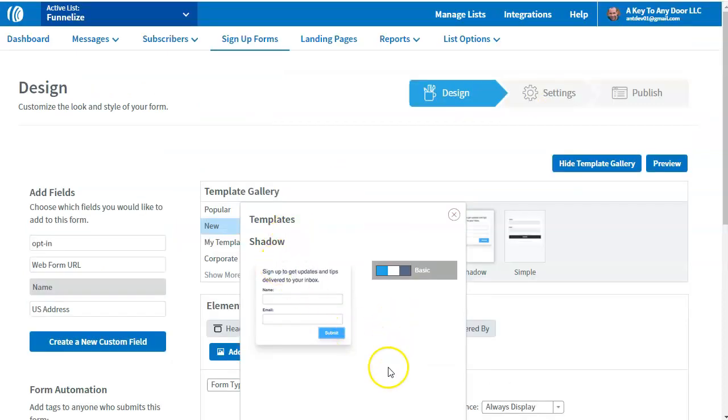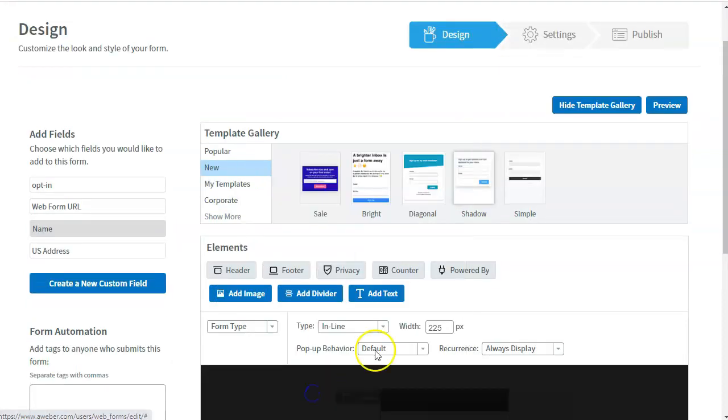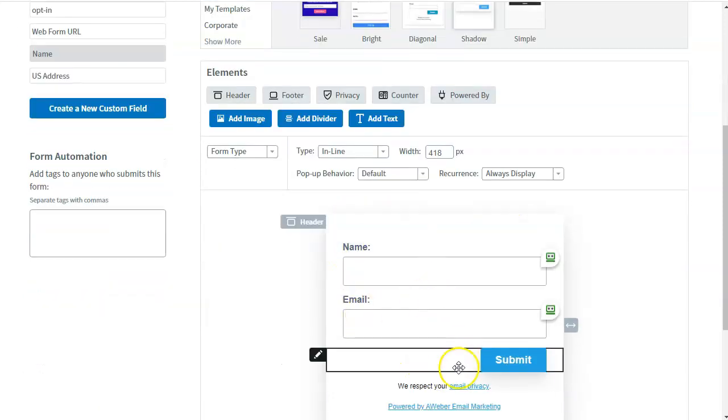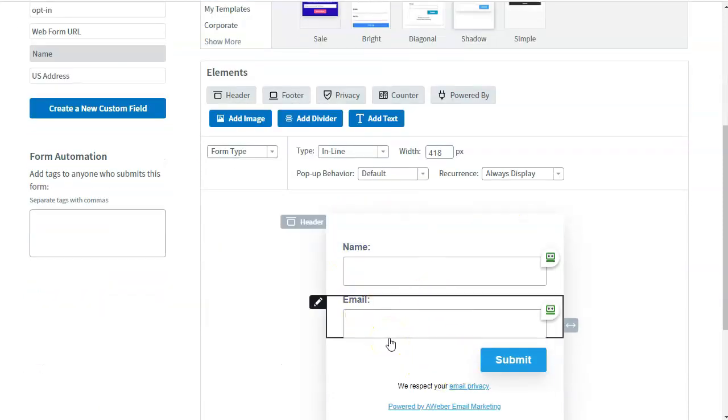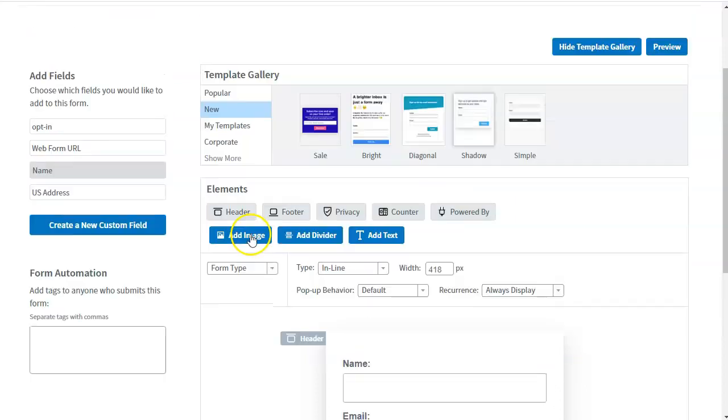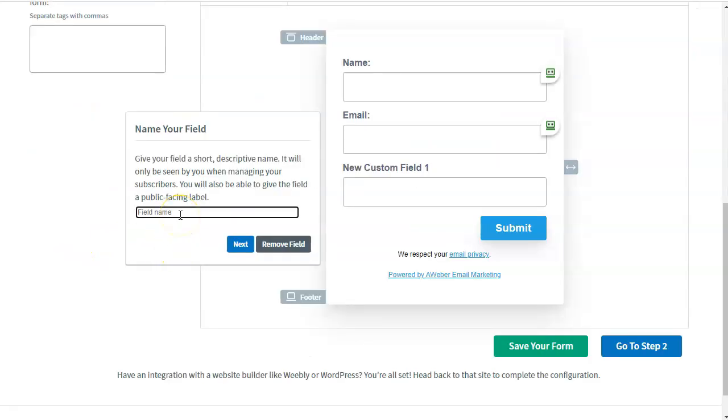I kind of like the shadow one here, so I'm going to say Load Template, and it just loads the template here. Now, I like to have an opt-in checkbox with a little message, and to do that, all I'm going to do is say Create New Custom Field, and right here I'm going to give it a name, Opt-in. I'm going to say Next,